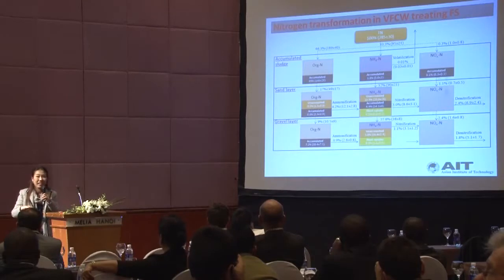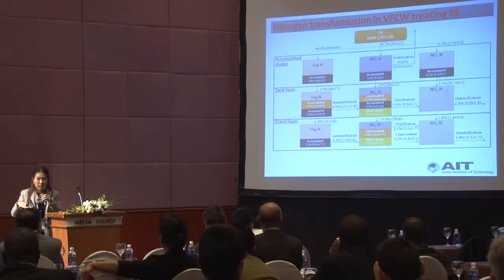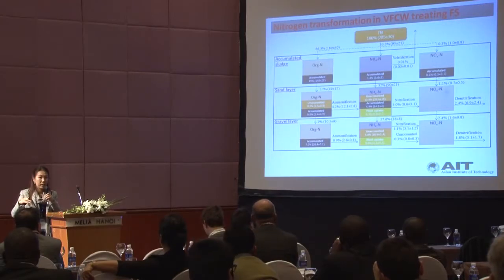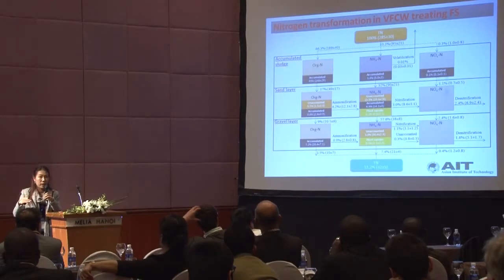And also more or less the same, ammonification, nitrification, and also denitrification can still occur at the bottom part, but maybe at a different percentage. Then the remaining of all the nitrogen forms will fall out with the percolate. The overall process takes about 6 days because we do once-a-week feeding.